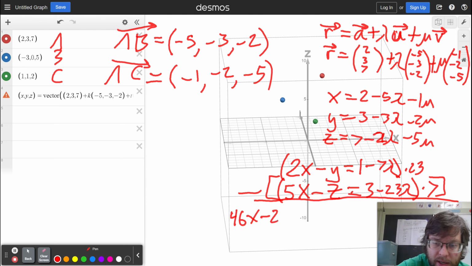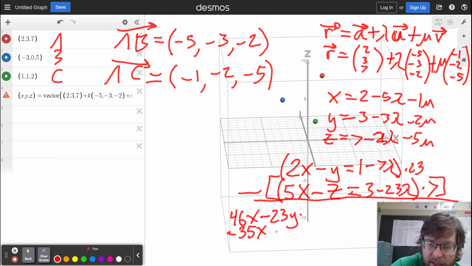23 times y is 23y. And then I'll do the 7 times 5 is 35, and I'm subtracting that, so minus 35x. 7 times z is negative 7z, and I'm subtracting that, so that's a double negative, so plus 7z. And then on the right-hand side, I have 23 times 1 minus 3 times 7, and then my lambdas